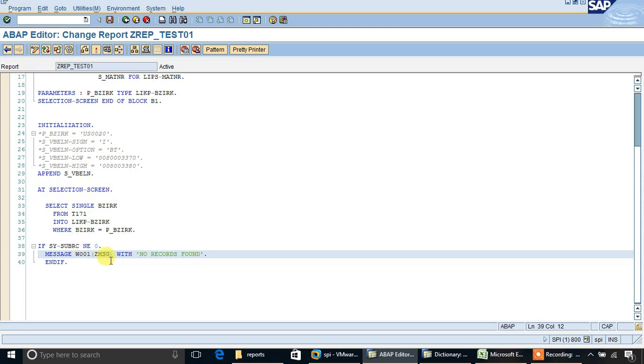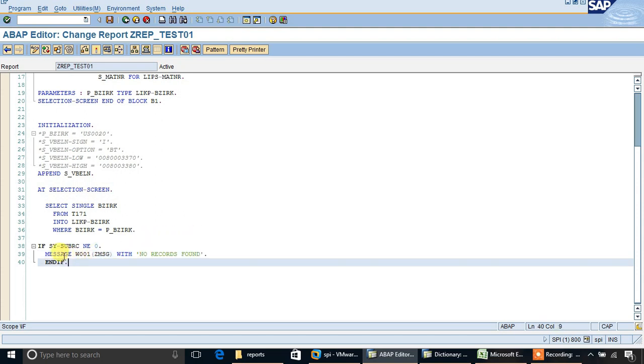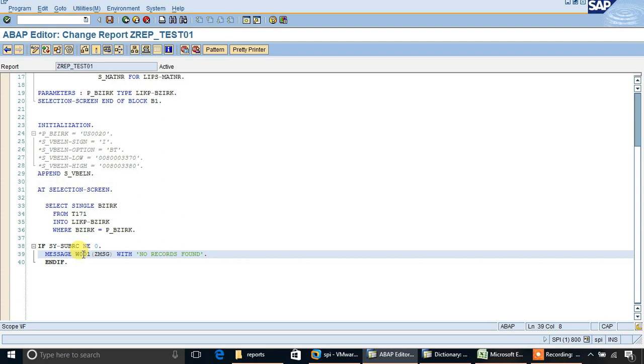Here we provide the message description manually, but we can create message classes and directly import that reference here. So we write the message description and message type in the message class, and we directly import that message class here. We give only the reference of that message and all the message description will appear here.